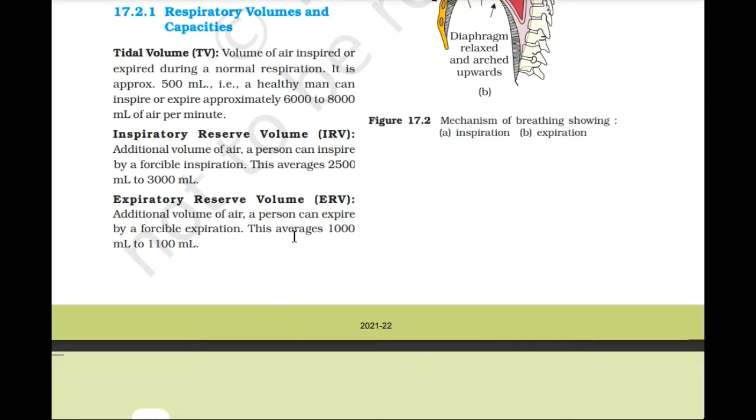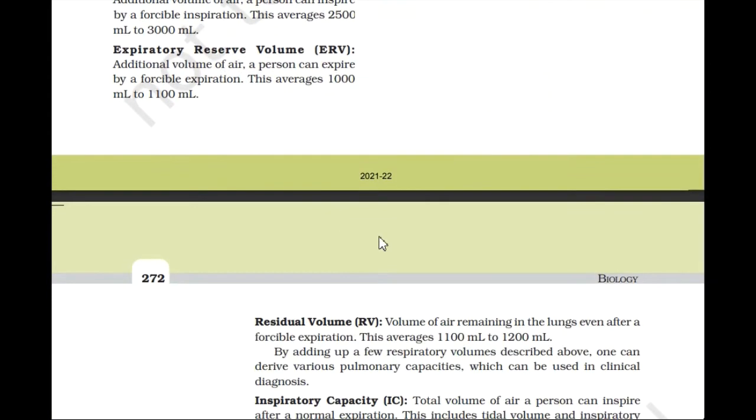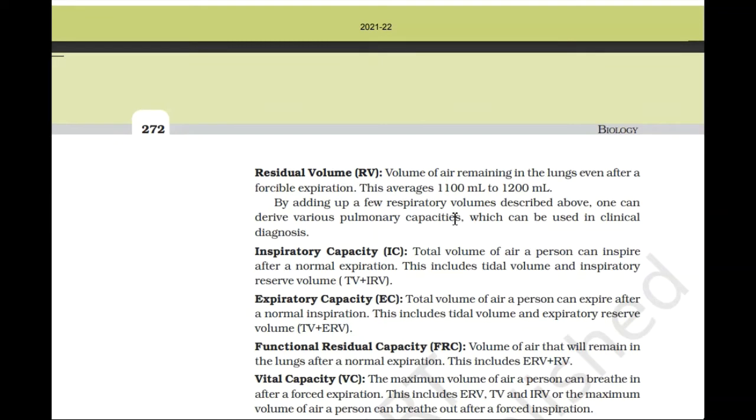Expiratory reserve volume: additional volume of air a person can expire by forceful expiration. This averages 1000 ml to 1100 ml. Residual volume: the volume of air remaining in the lung even after forceful expiration. This averages 1100 ml to 1200 ml. By adding up a few respiratory volumes described above, one can derive various pulmonary capacities which can be